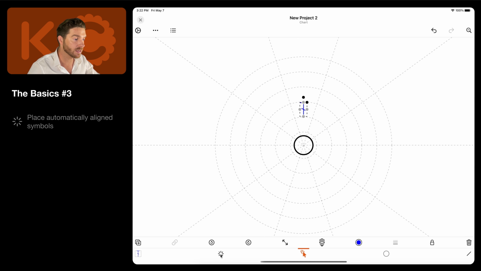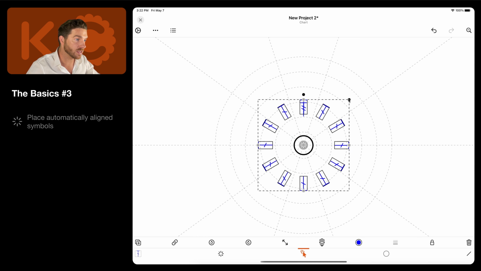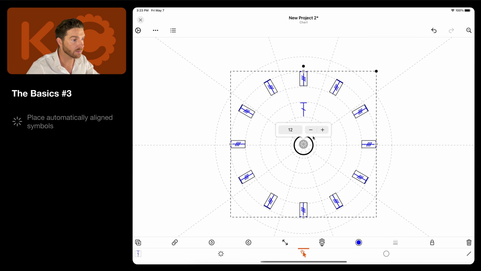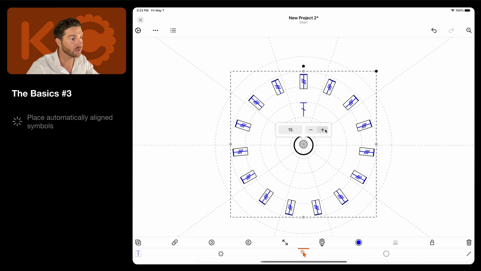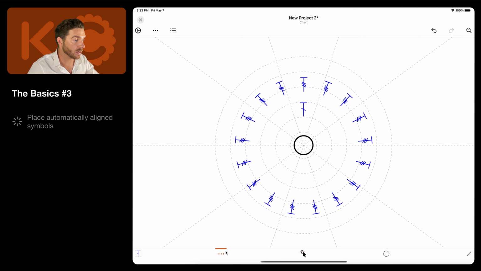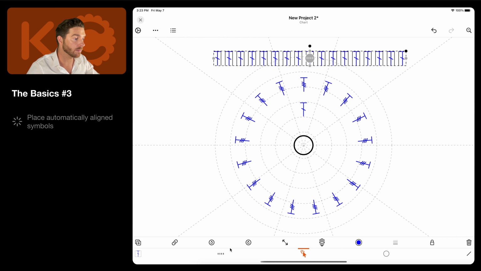The next tool is for placing stitch symbols automatically into a circle or on a line or on a square. So if I select this one and then tap on the canvas, symbols are automatically positioned into a circle. So you can, for instance, line it out with the grid. If you tap and hold on the center, you can choose to select another stitch symbol, so it will be swapped. Or if you tap and hold on it and then select number, you can change the number of symbols in this circle. The same goes for placing symbols on a line, like this, for instance, or placing them in a square.